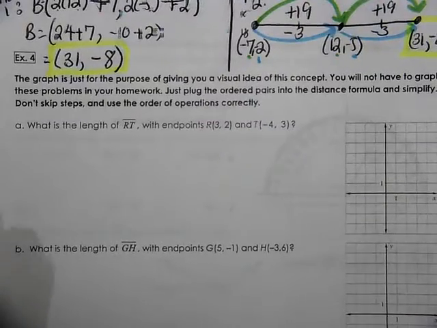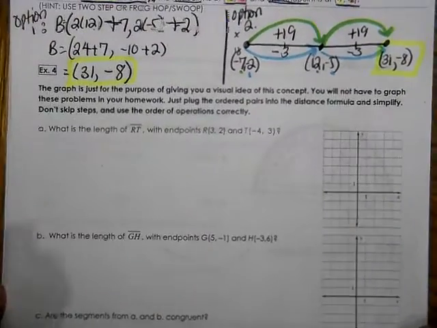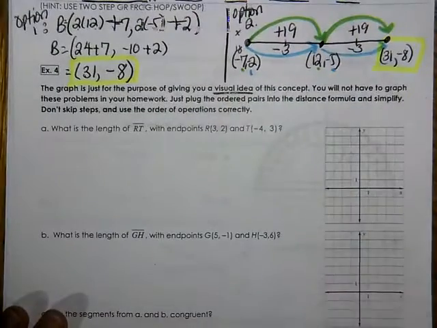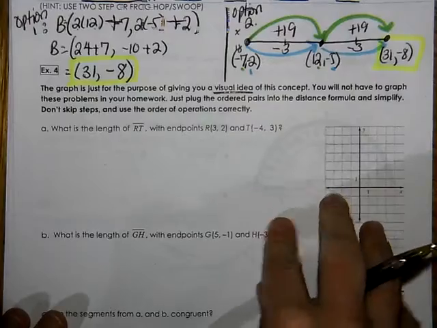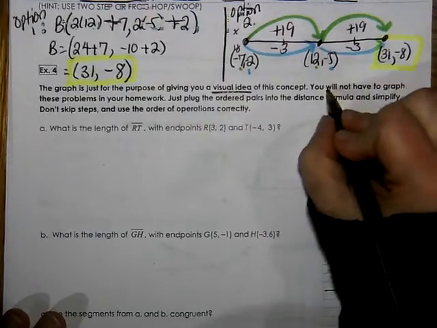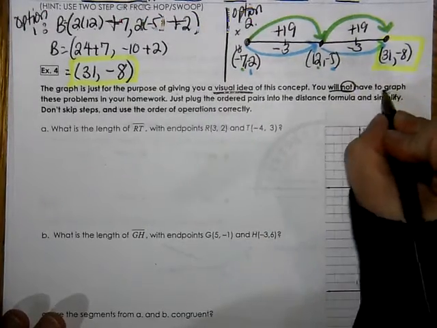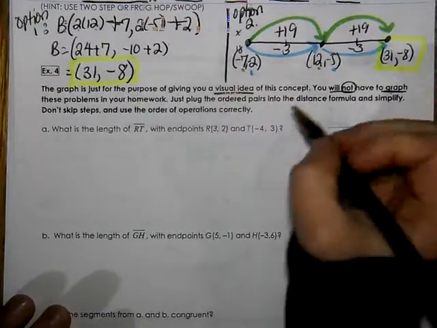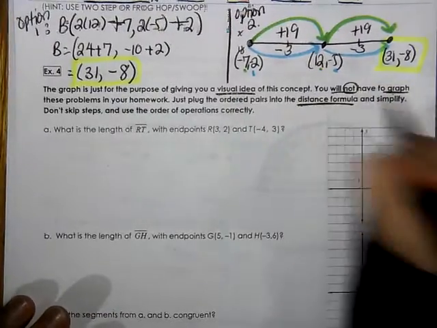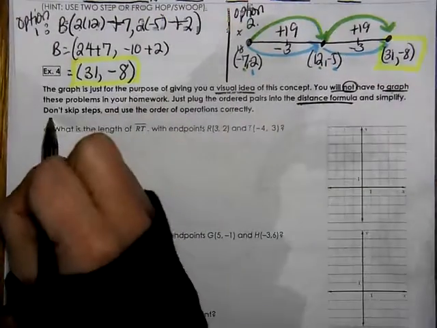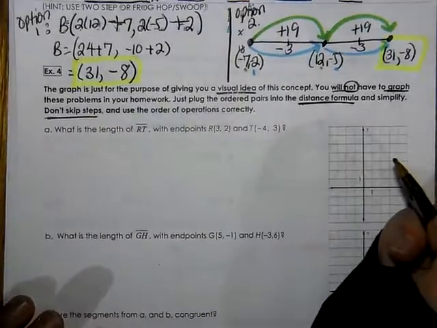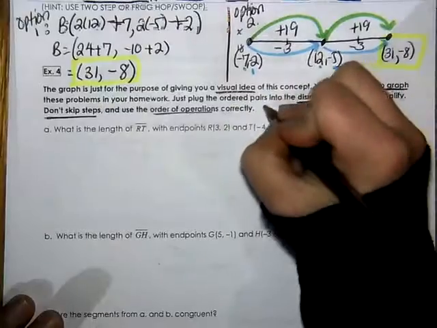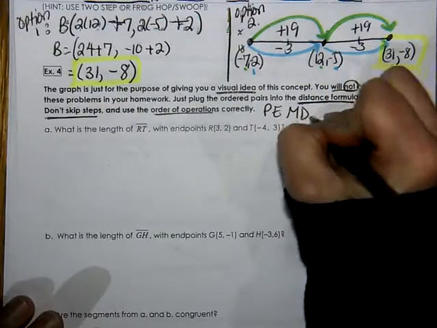All right, let's go ahead and look at example number 4. The graph is just for the purpose of giving you a visual idea. So this is just going to be for these problems. For homework, you will not have a graph or have to graph these problems. You'll just plug the ordered pairs into the distance formula and simplify. Whatever you do, don't skip steps. And I need you to please use the order of operations, which is please excuse my dear Aunt Sally,